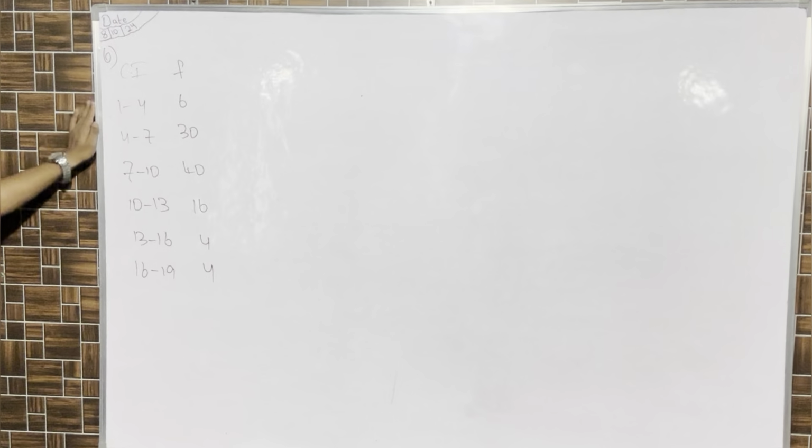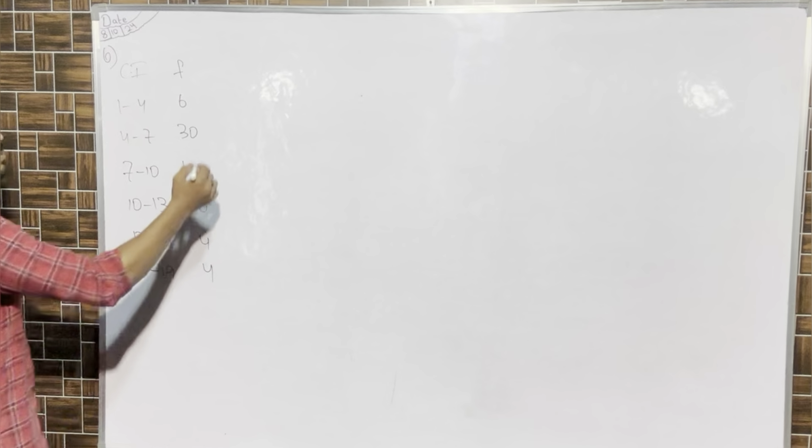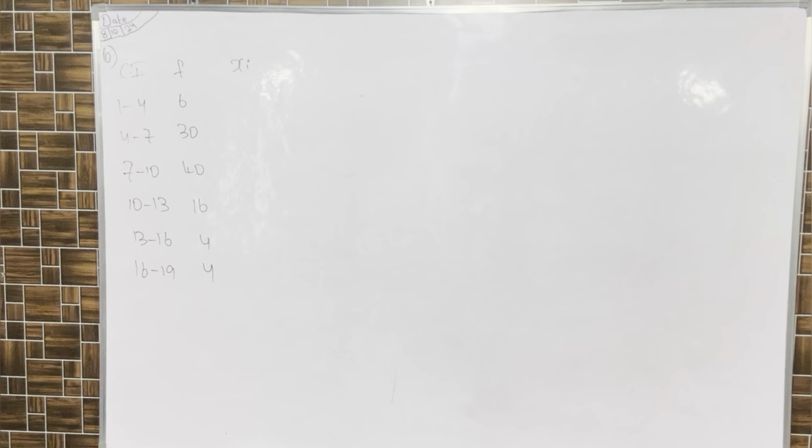So next, here we have another similar question wherein we have to find mean, median and mode. Sixth question from the exercise 14.3. So CF, class interval and frequency is given. Third column is xi. Xi is there in case of any method. While finding mean, be it direct, be it assumed, be it step deviation, whatsoever it is, you have to calculate